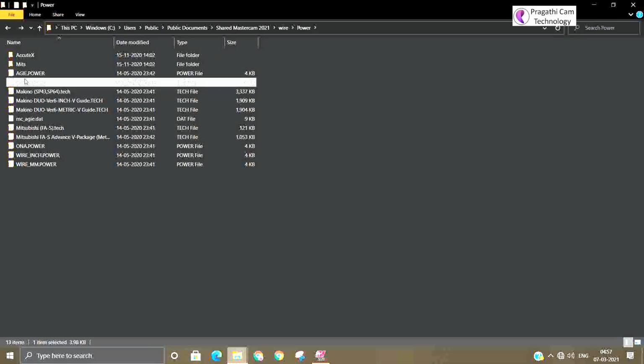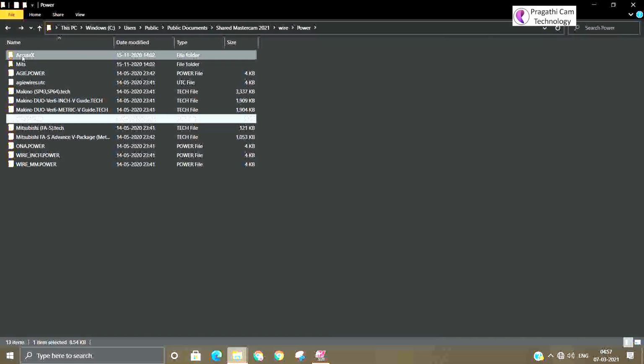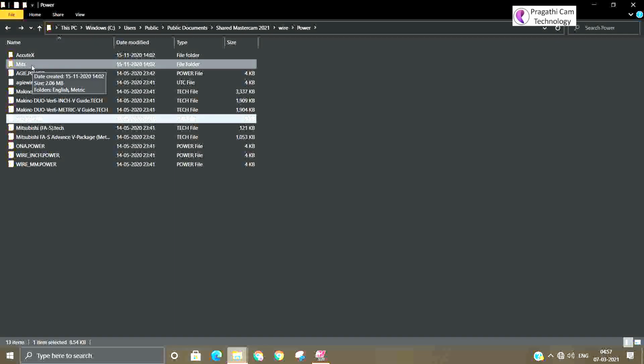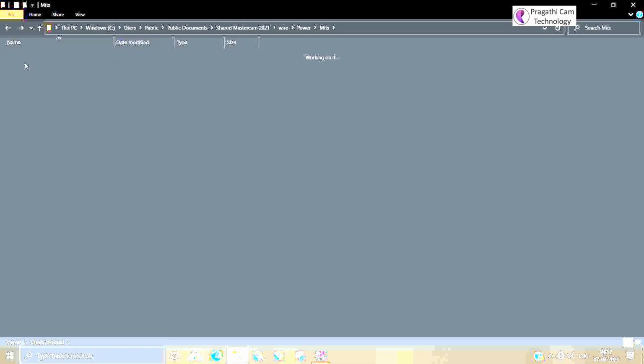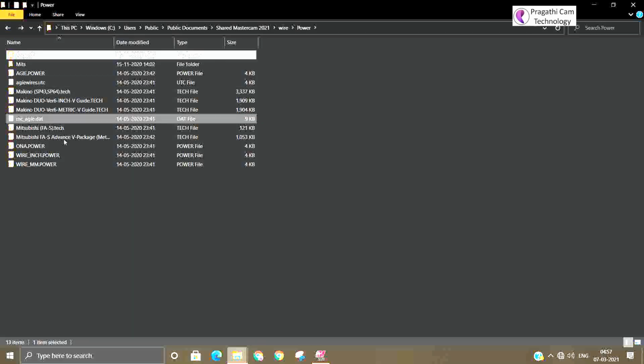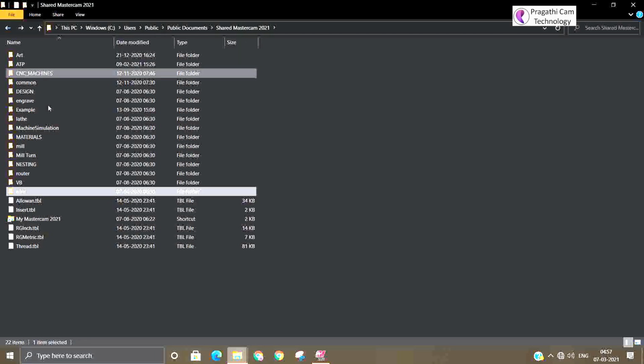So you can see the three libraries are there. There is an accurate power library. These power libraries are customizable. Your power libraries are customizable based on your machine and your machine control, and those will be customized and given to you while you are purchasing Mastercam.